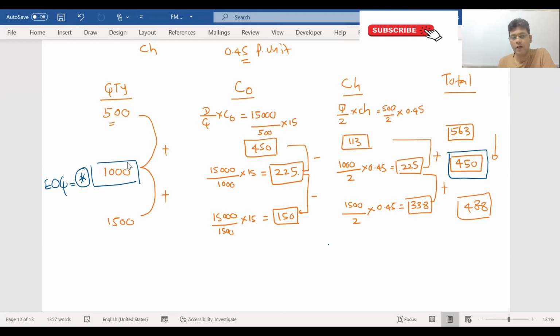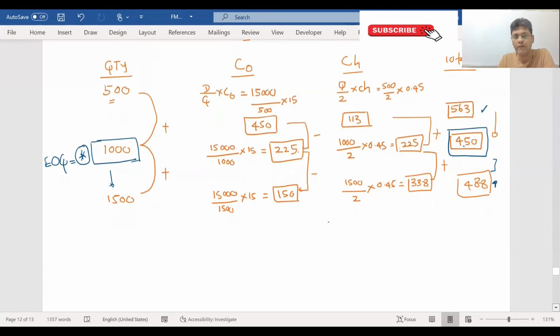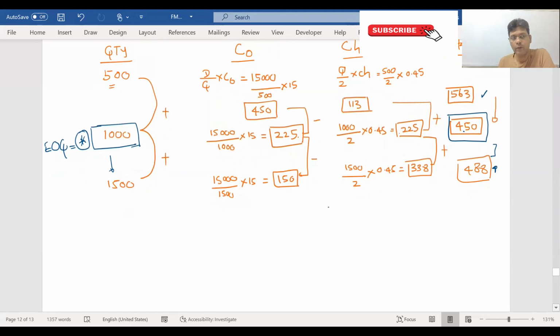your cost. As you reduce the quantity to 500, your cost will be higher than at this order quantity, 563 more cost you will have to incur. As you increase the order quantity, again your cost will increase. So the optimum order quantity that you need to order is 1000. So we can derive a formula rather than calculating different stock levels to identify the economic order quantity. We can derive a formula from these two equations.